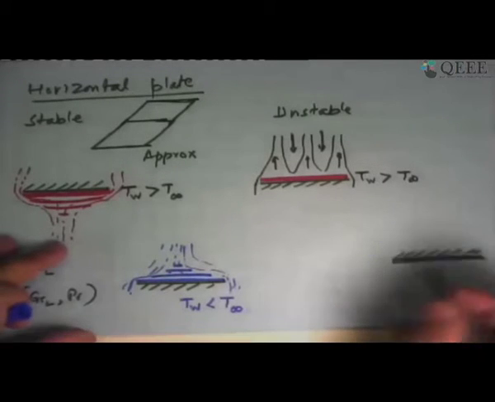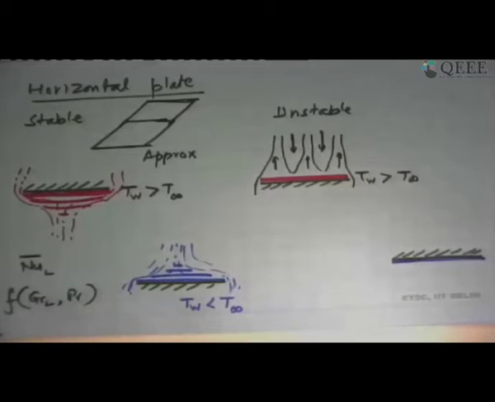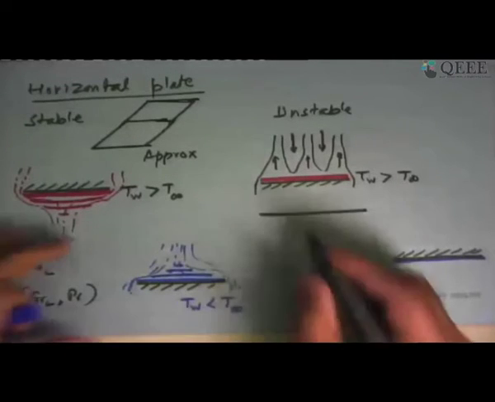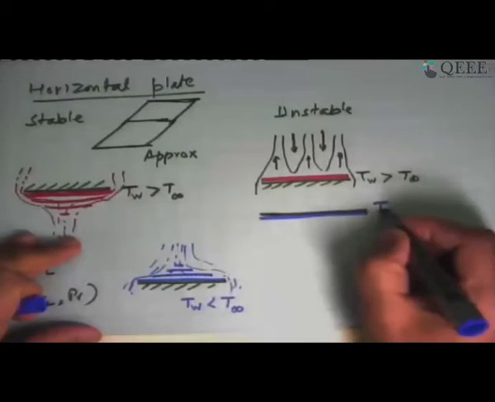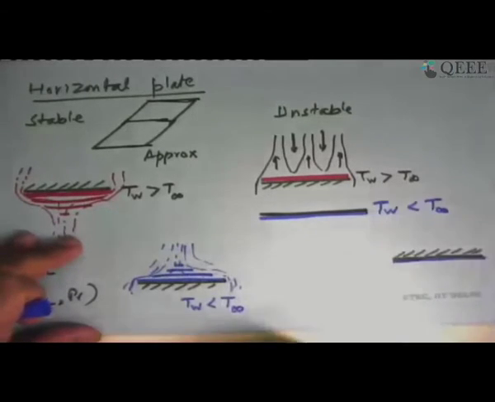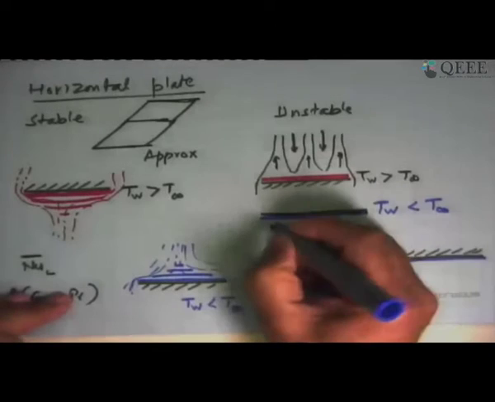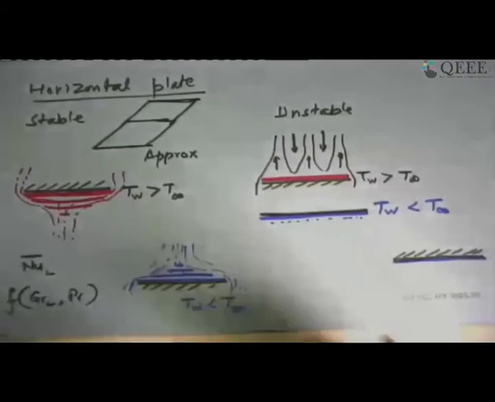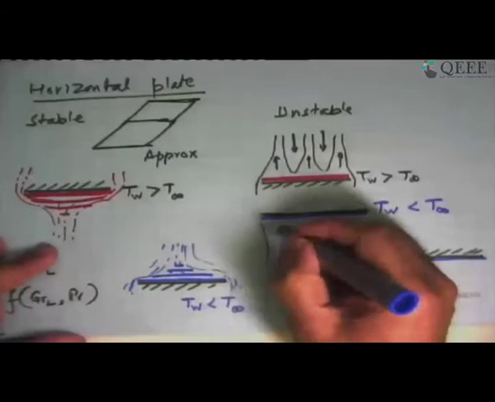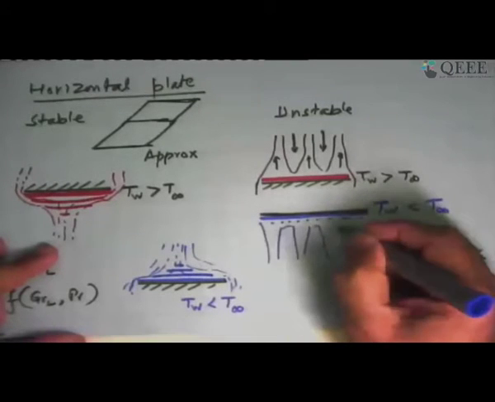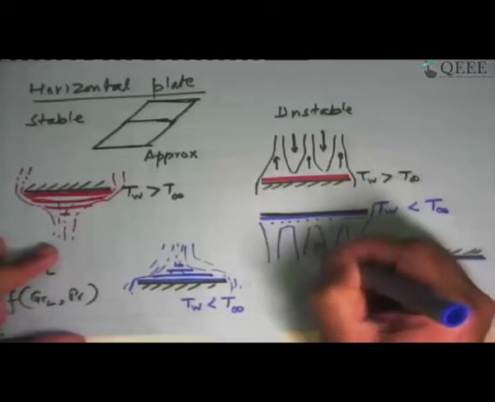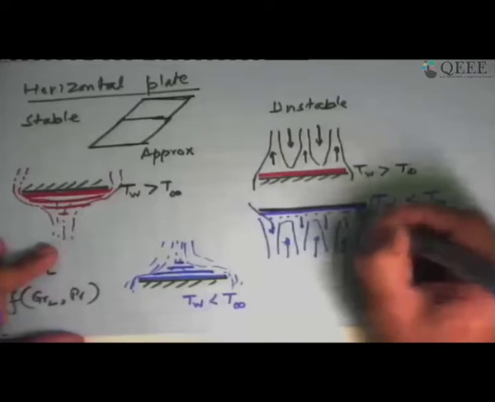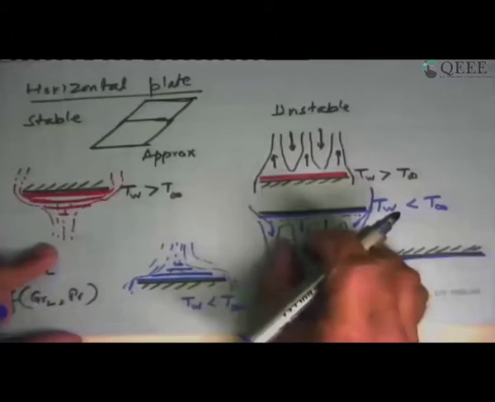The counterpart of this is when the plate is such that the cold surface is facing downwards. So you have, this is the plate, and this is the surface which is cooled, TW less than T infinity. The fluid here again would become cold and would like to fall down, but it's not going to happen because continuity is forcing that. So you will end up having something like this, that you have regions where streams of cold fluid are coming down and streams of warmer fluid are going towards the plate. So you have cold fluid going there and in between warm fluid coming up over there.